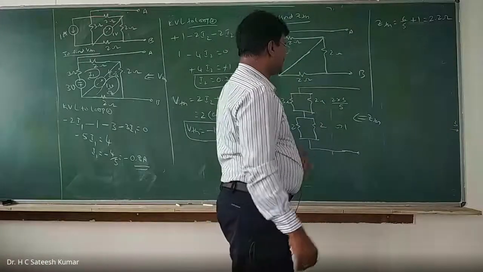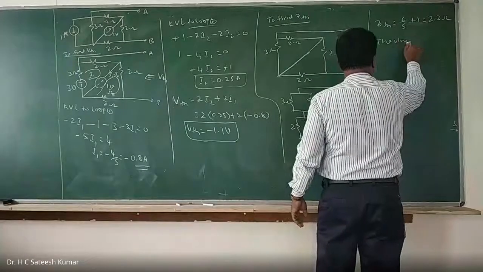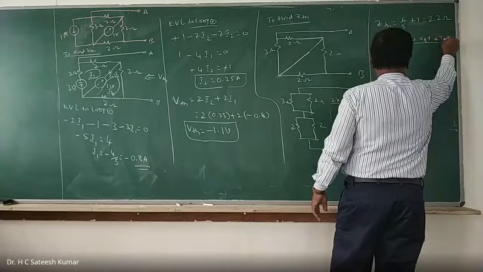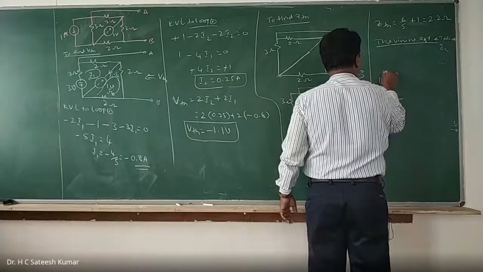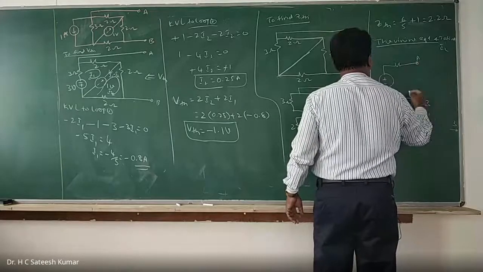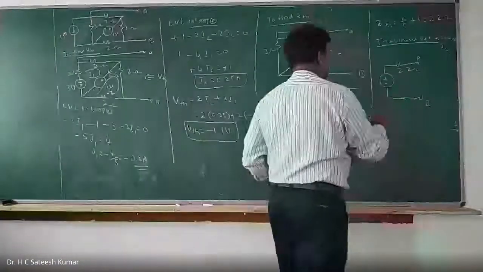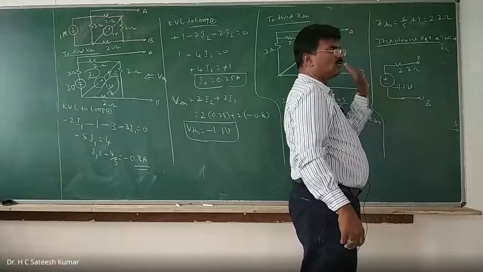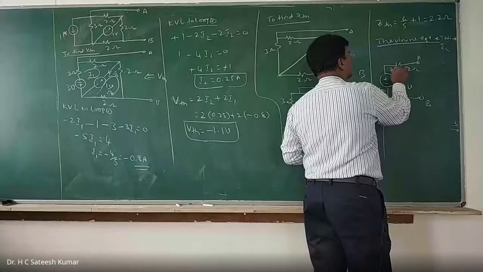Now Thevenin's equivalent you write down. Step 3, Thevenin's equivalent, and to find IL, Thevenin's equivalent plus minus in series with one resistance A, B. This is 2.2 ohms and VTH is how much? Minus 1.1 volts, minus 1.1. You keep it as it is, don't change the direction. So negative is there, I don't change it. While substituting it, substitute as it is. This is your VTH. This is your ZTH.